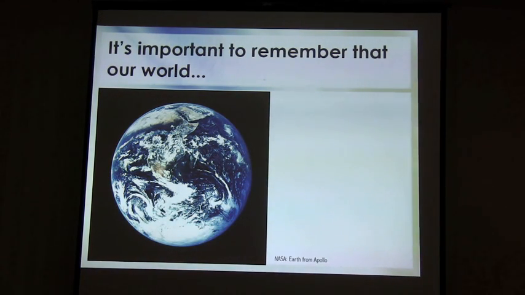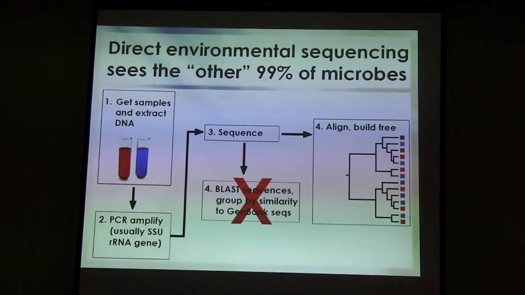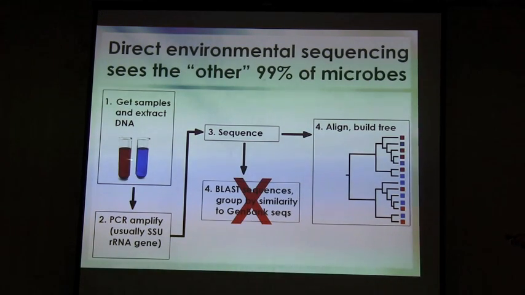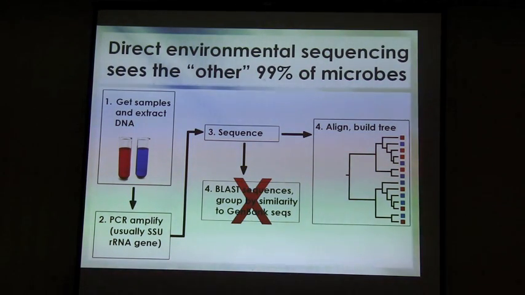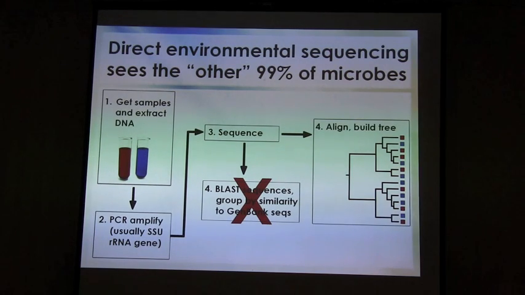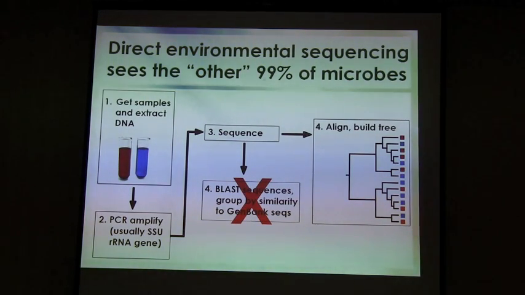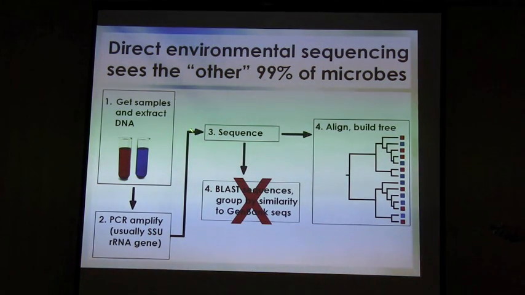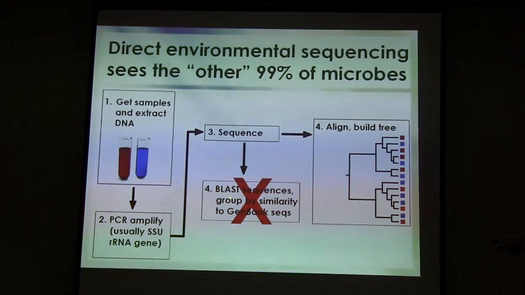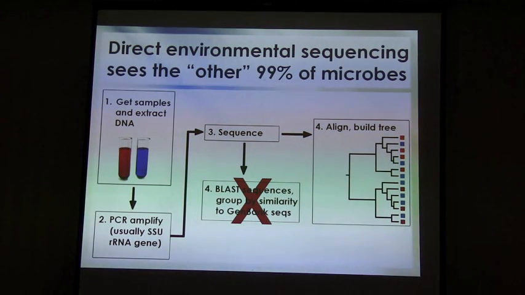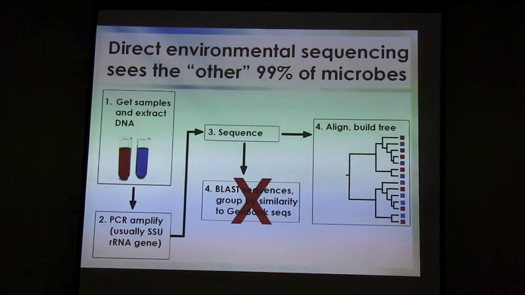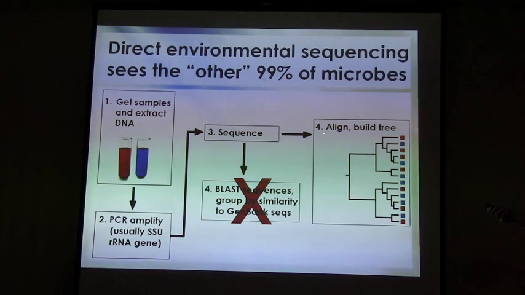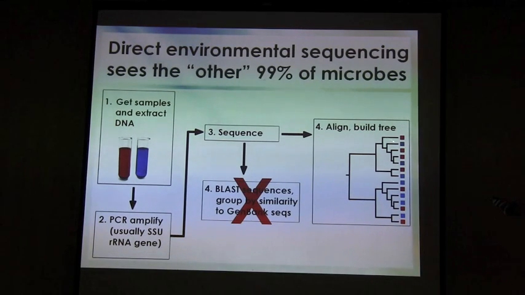So I'm gonna skip over this section on how we do the microbial sequencing, because I think everyone here is familiar with this idea of using direct environmental sequencing, as pioneered initially by Norm Pace, who we have the honor of having here in the room: take environmental samples, amplify specific marker genes, sequence them. But now, instead of blasting them and looking at what's in the database already, in order to avoid the problem that you're going to match other uncultured microbial sequences, we advocate taking this explicitly phylogenetic approach of doing multiple sequence alignments, building phylogenetic trees,